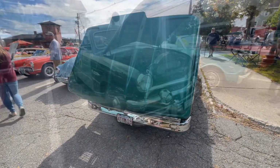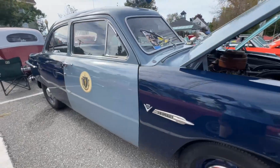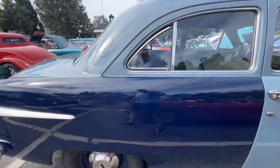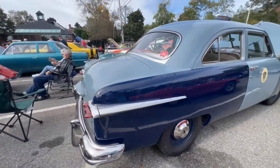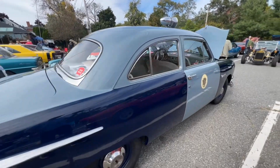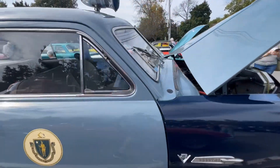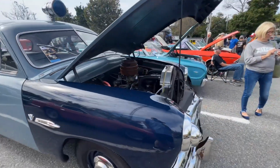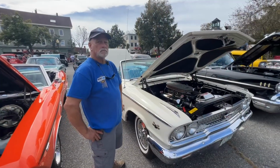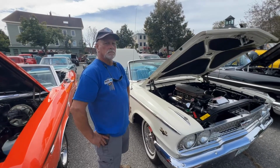Sweet truck. And a 51 Ford Mass State Police from their museum in Northbridge, Mass. And dressed up pretty nice. You didn't want to see one of these bad boys coming after you back in the day. Cool car. All right, we're here with John, and John's going to tell us about this really rare and unique